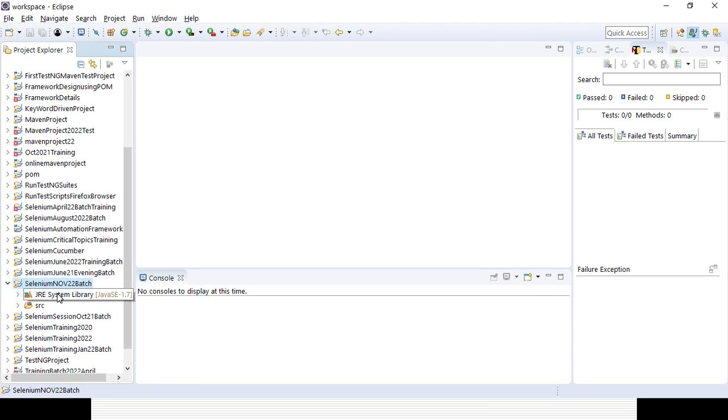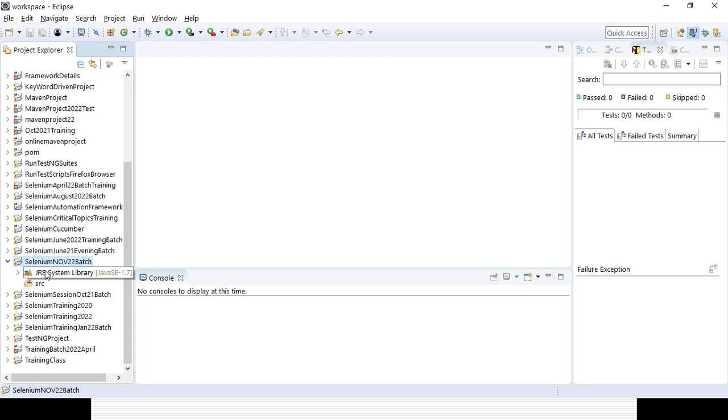And this is the Java library, all the Java related jar files, meaning all the Java methods, interfaces, and classes are already associated with the project, so that I can call all the stuff from Java. So when I am creating the Java project, automatically all the Java libraries, all the Java related jar files, are added at the project level. It does not matter what packages or classes we are creating. So first thing is that we need to create a project. Automatically Java related things will be added to your project.